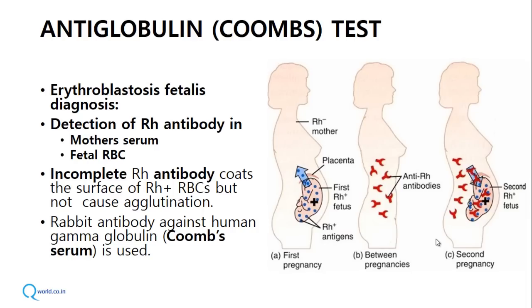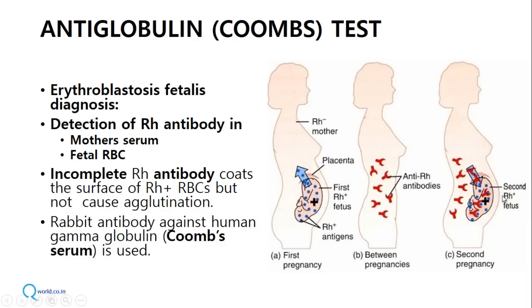Now these Rh antibodies, which are IgG in nature, can cross the placenta and react with the Rh antigen present on fetal RBC, and cause problems in the fetus in the form of erythroblastosis fetalis. So our purpose is to detect these Rh antibodies. Now there are two possibilities: either I can detect these antibodies in mother's serum or I can detect these antibodies